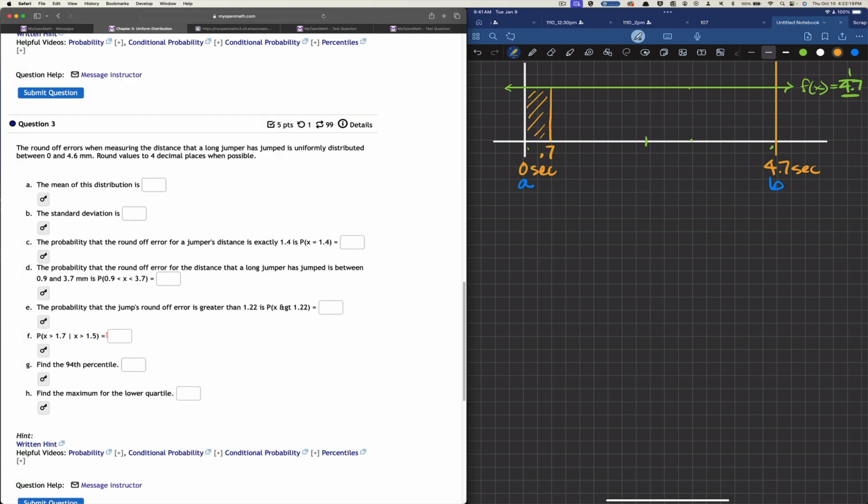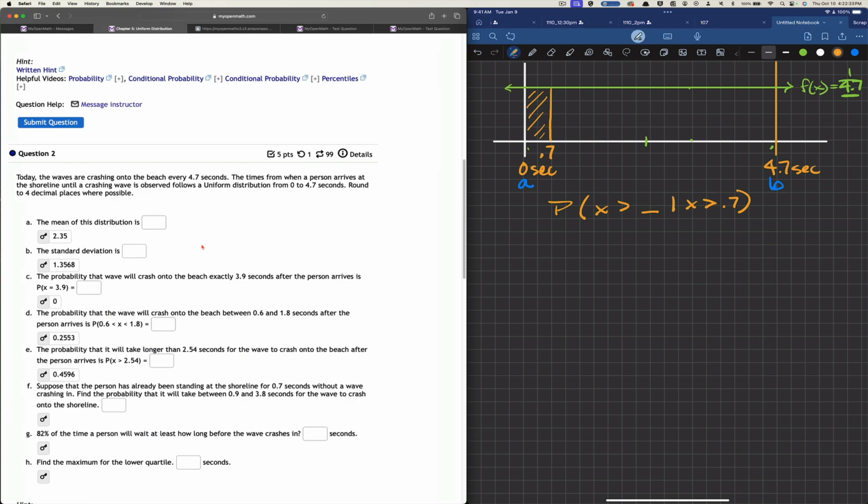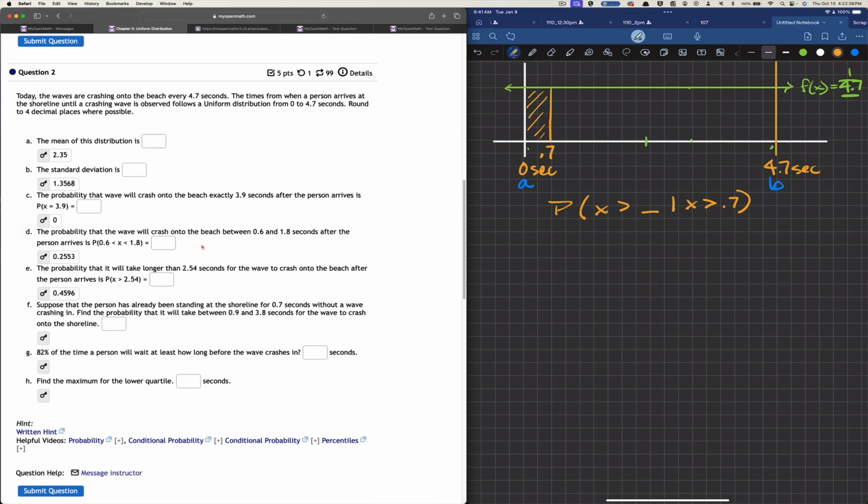like this. This is the probability of x being greater than some number, which I haven't read yet, given that x is already known to be greater than 0.7. Okay? So when we do either this question or the one above it, we already know that this amount of time has gone by, so we already know that our x, the time, these seconds, has to be greater than 0.7. What that does is it changes